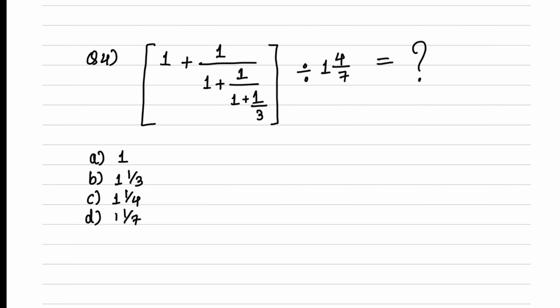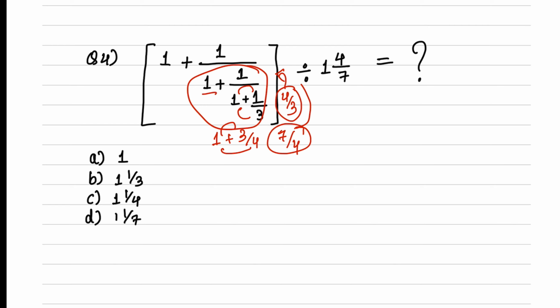Do it like this. 3 ones are 3. 3 plus 1 will be 4. It will be 4 by 3, but it will be reciprocal and you will have 1 plus 3 by 4. So this 4 will be 1 plus 3 by 4. And 4 ones are 4. 4 plus 3 will be 7. So you will have 7 by 4 and it will be reciprocal, and the final expression will be 1 plus